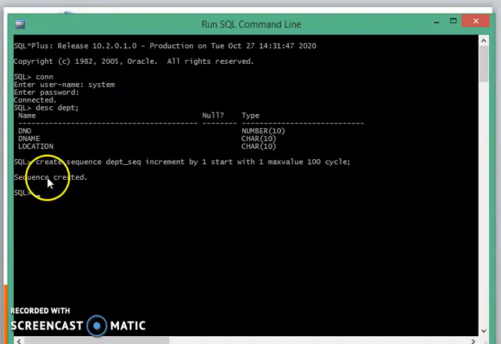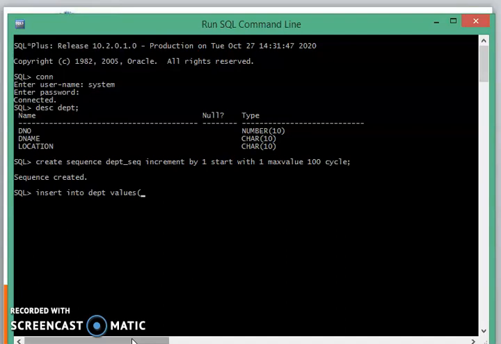It gives us the message sequence created. So now we have to insert data by using this sequence into the department table. We have the insert command for inserting data into the table. Insert into table name, that is DEPT. Then after that values keyword, bracket open.